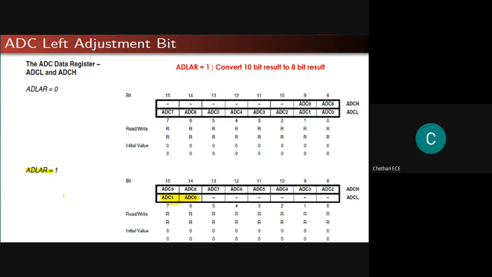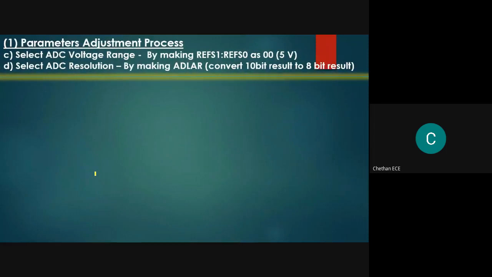If ADLAR is 1, we can transform the result and represent the result from ADC9 to ADC2, pushing that to ADCH by truncating or masking the least significant 2 bits. This conversion can be done by using ADLAR as 1. Then how do we set this ADLAR as 1? We have to use an important register called